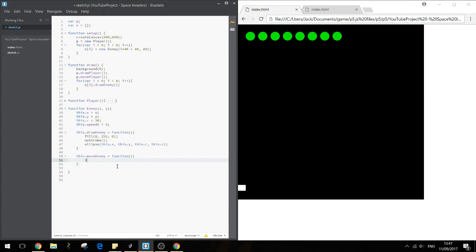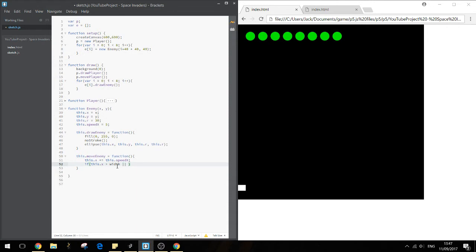And we'll say this dot x plus equals this dot speed x. And we need some clauses in here, so if this dot x greater than the width,